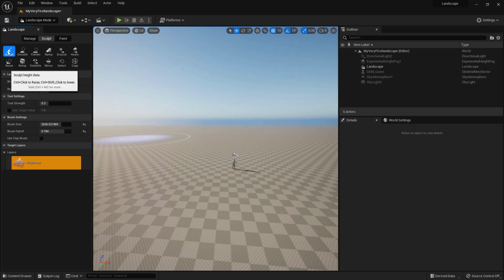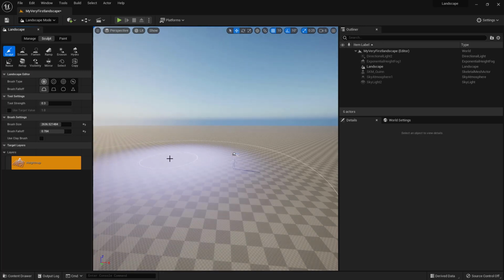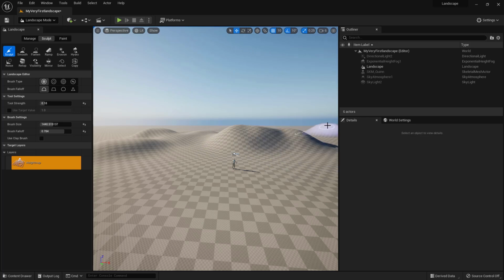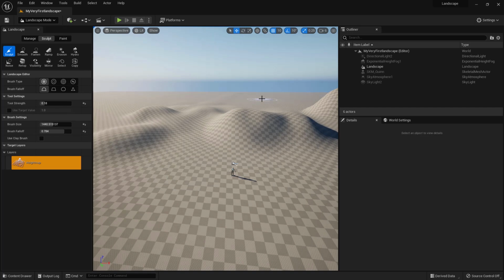The first one is sculpt, and that smooths the landscape within the brush that you have. So you can see the brush size is massive. So I'm just going to move that. The total strength, how powerful the brush is, you can see I can just go ahead and create the landscape around the character. I can kind of hold, and as I hold, I can just add to what I have, right? So shift is going to push this down. So normal brush is going to raise, and if I press shift, it's actually going to push things down and